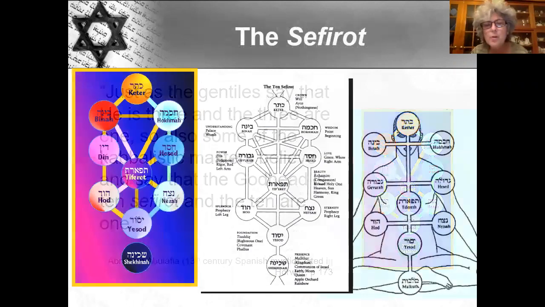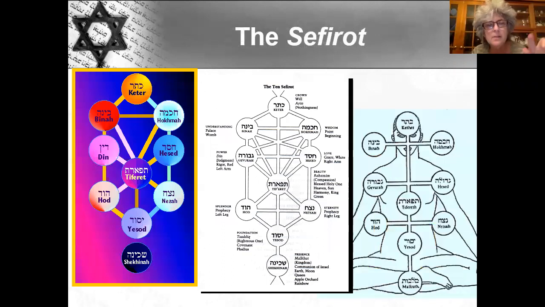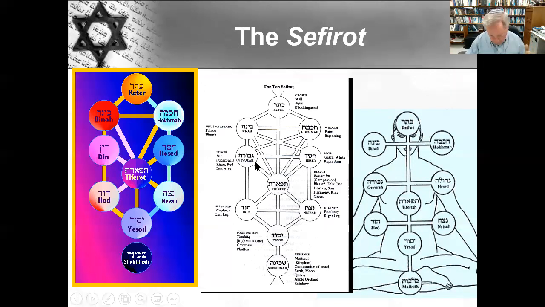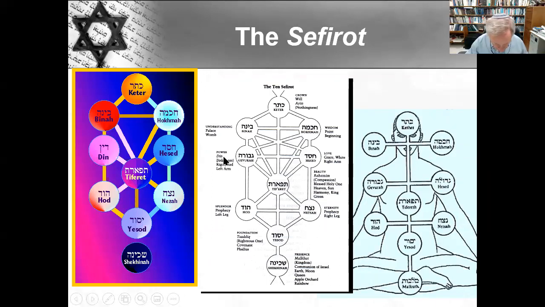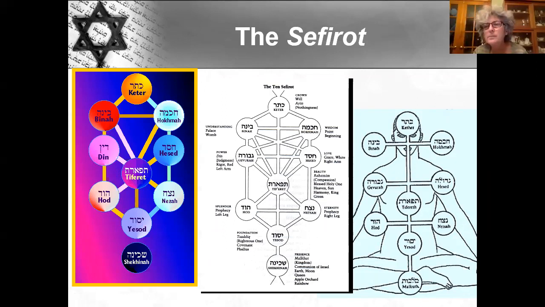Barbara, I just had a quick question about the diagram, this 10 Sefirot. On one diagram, it said Din on the left side, but the two others have Gevurah. So is that the same? No, Gevurah and Din are two different things. In fact, if you look here, it says Gevurah is the name, and it says Din, judgment, and so on. Gevurah means power or powerful. That one says Gevurah. Oh, that's interesting. That one says Din. Yeah, these Sefirot are known by different names, and by colors and by representatives.